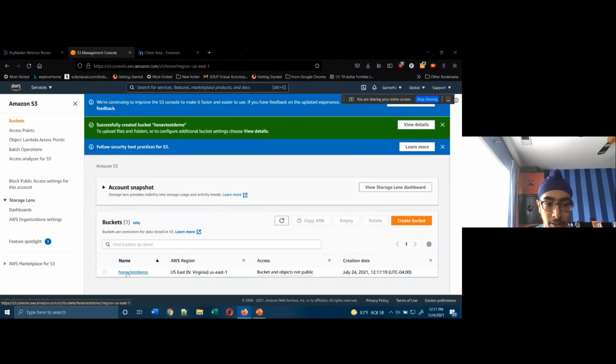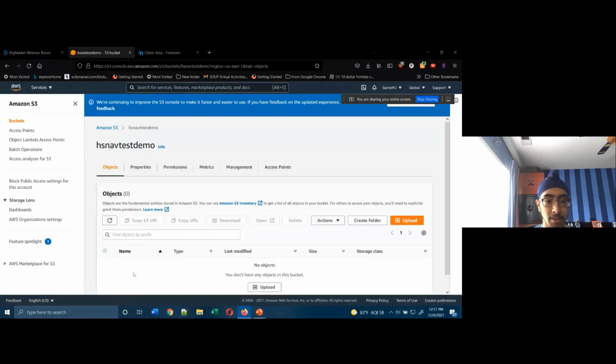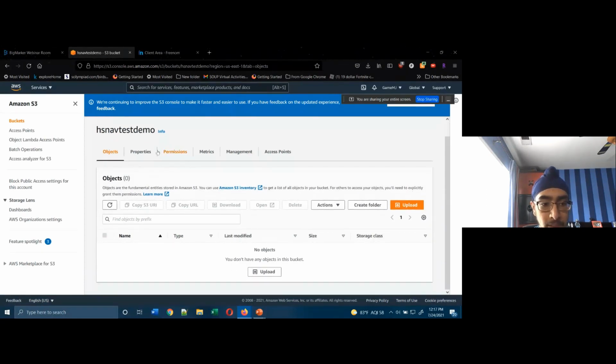And we created a bucket called HS Navigator Test Demo in the US East region, but the buckets and objects are not public. So now since we want to change some settings with the bucket, you just have to click the bucket and it opens up a new page that tells you a lot more information about how the bucket works. So now what I'm going to do is I have some files already prepared for this